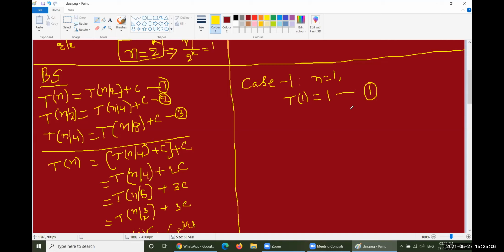Okay. Then after taking equation number 1, we'll go ahead with case 2. Case 2 could be considered as T of n equal to, as we have already substituted some values previously, T of n equal to 2 into T of n by 2